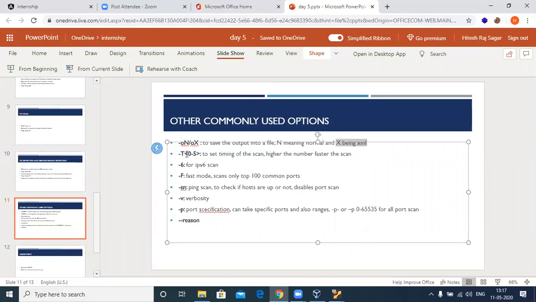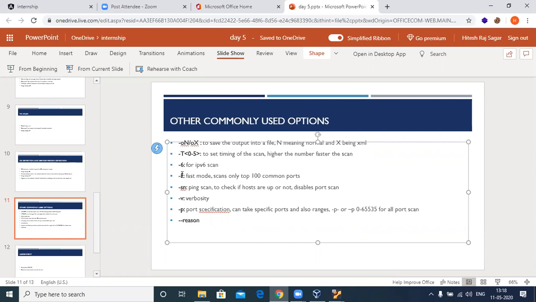And then, you might have seen me using -T4 with an aggressive scan. So -T with 0 to 5 talks about the timing of a scan. On a scale of 0 to 5, the higher the number you put, the faster the scan will be. But then, limitations again. If you want the scan to be very fast, it will be a bit out of accuracy. The next is -6. When you put -6, it also enables IPv6. So you can give an IPv6 address.